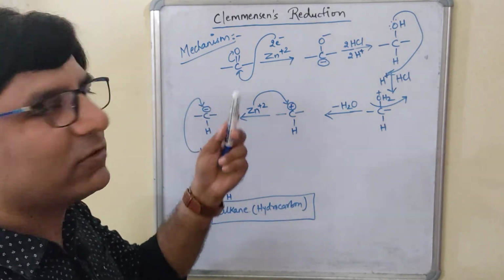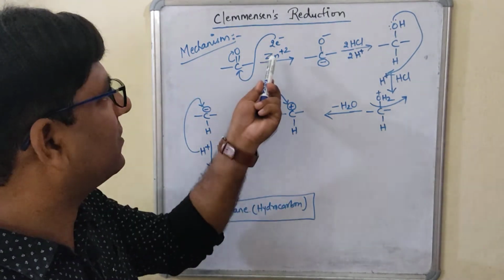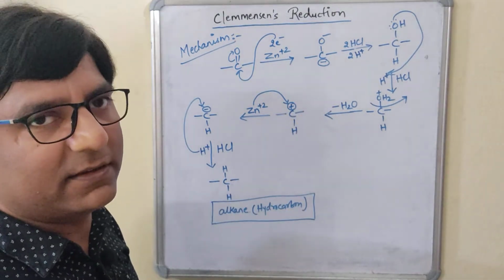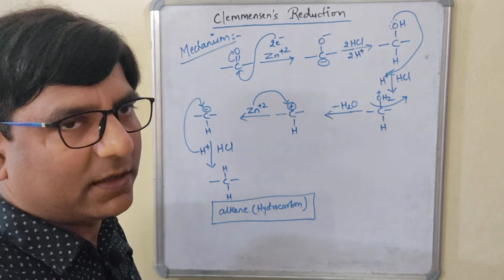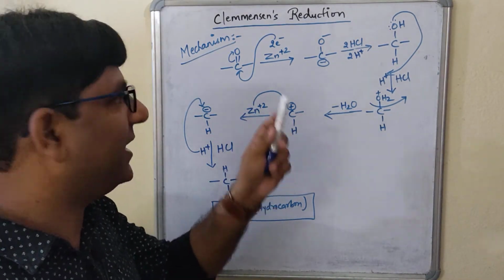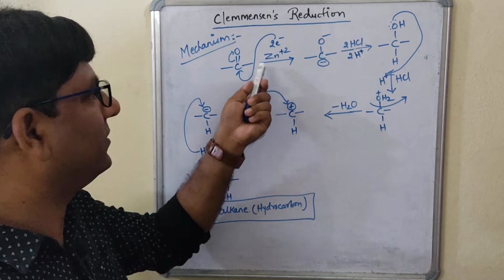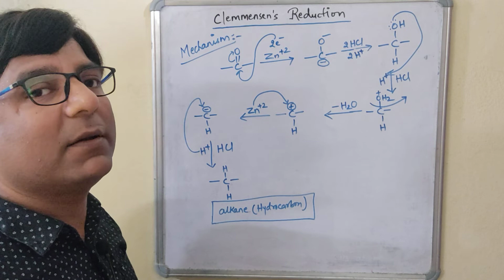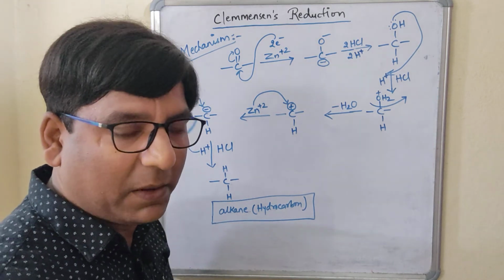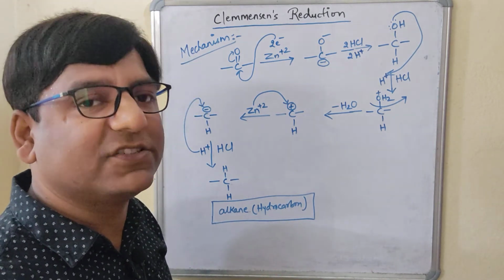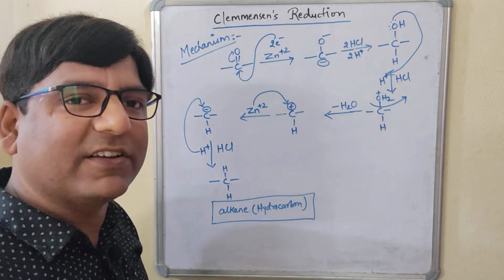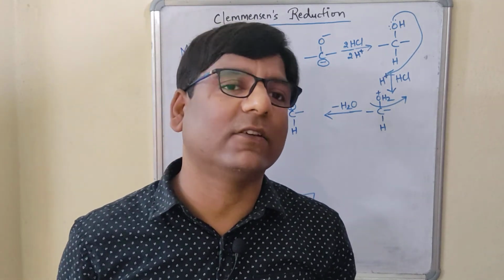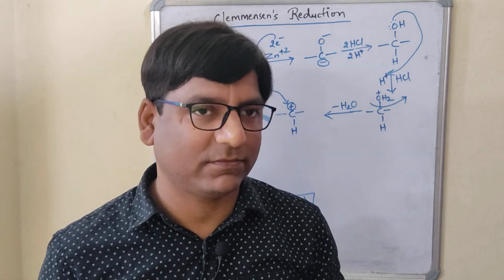Basically, aldehyde or ketone are getting reduced in the presence of zinc amalgam and HCl to the corresponding alkanes. That is a saturated hydrocarbon. So here we are using zinc amalgam. Zinc we use because we need 2 electrons and zinc is providing the electrons, right? Zinc amalgam, basically what it is doing, is increasing the surface area by decreasing the activation energy. And when the activation energy is decreased, it will enhance the rate of reaction, right?